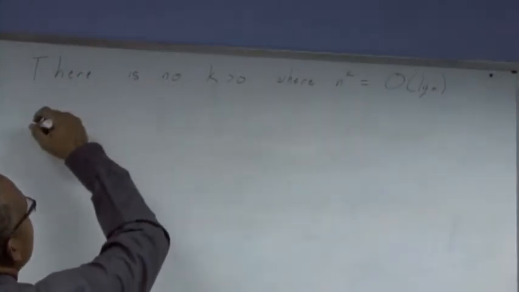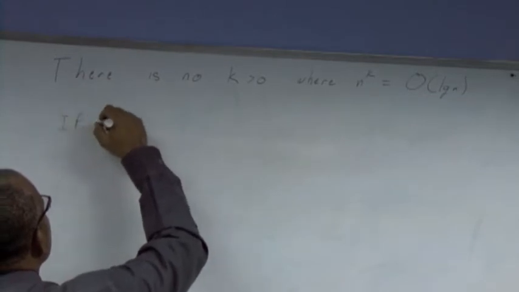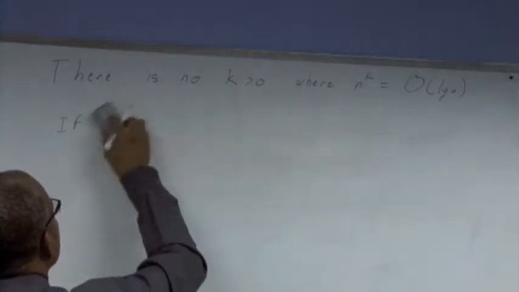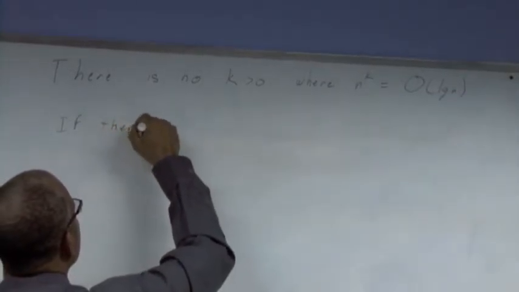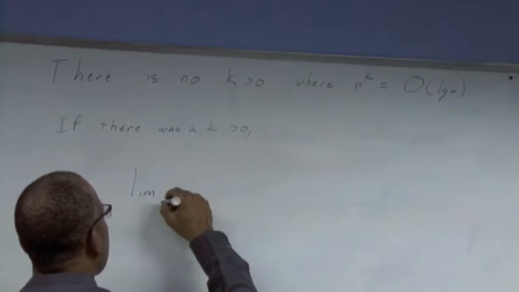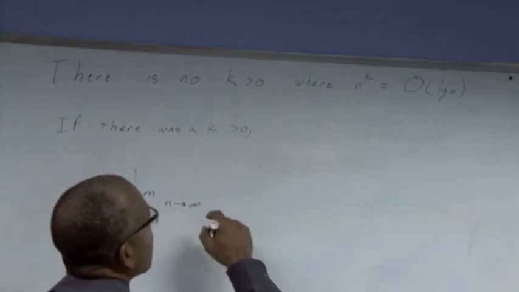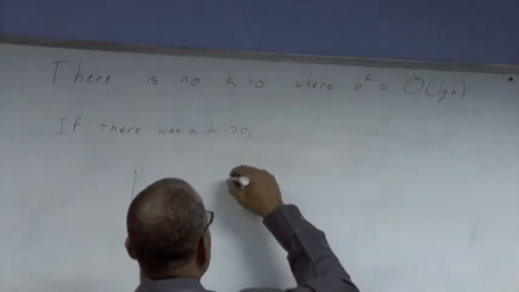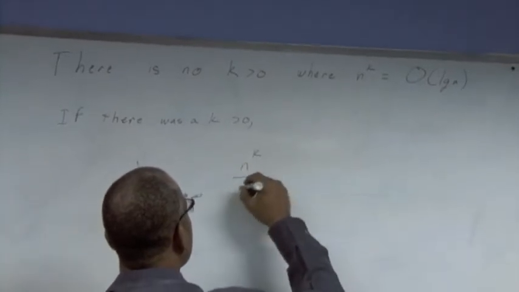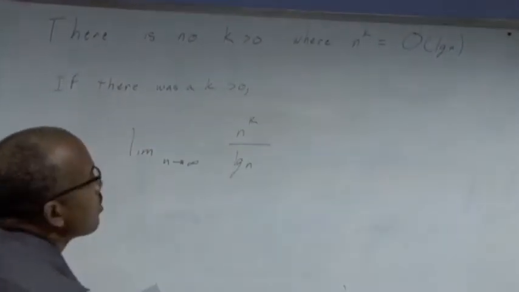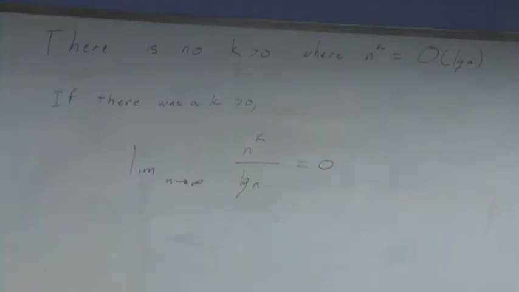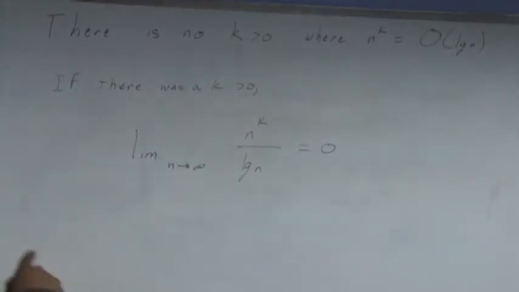So if that was true, or if there is a k greater than 0, then the limit as n approaches infinity of n to the k upon log n would have been equal to 0, right? Now, we can actually find that limit